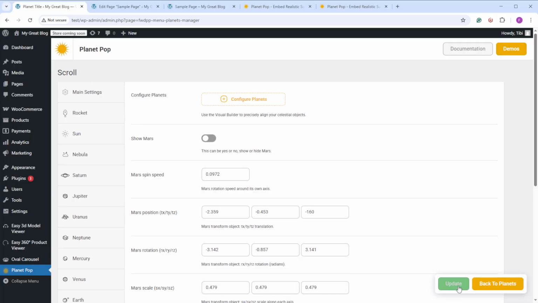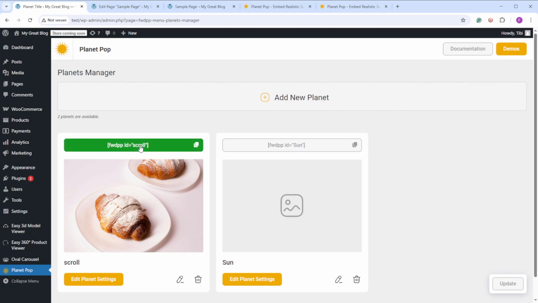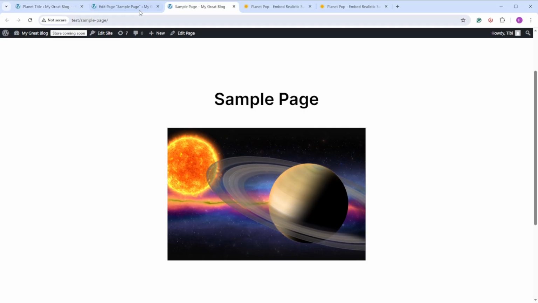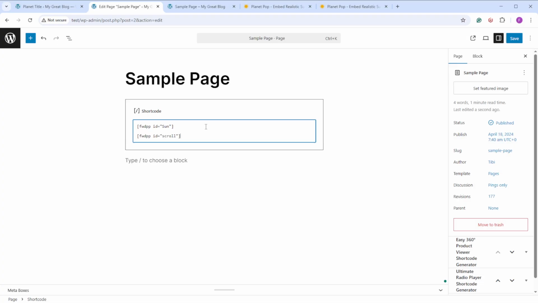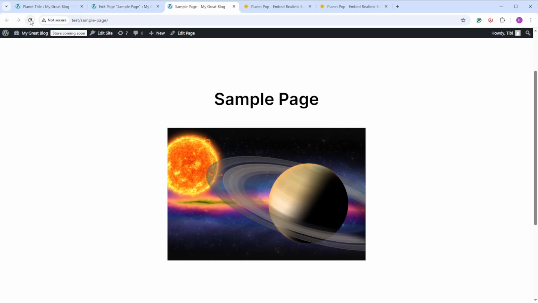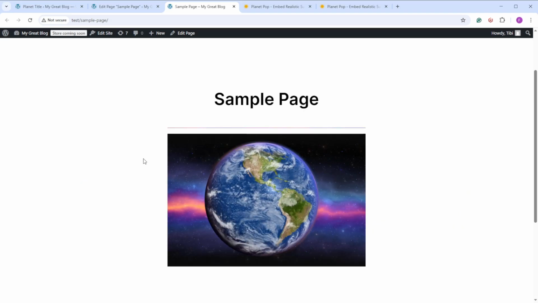Back to settings, update it, and now let's add the shortcode. Just copy it from here, click and copy it. You'll see this message, and here I will just add it under it. So now we have two instances. Like I said, I do not advise this, it will work, but I already explained it. So now we have Earth